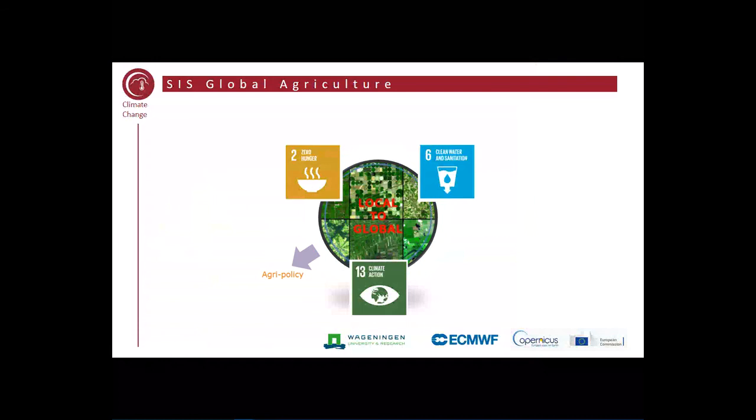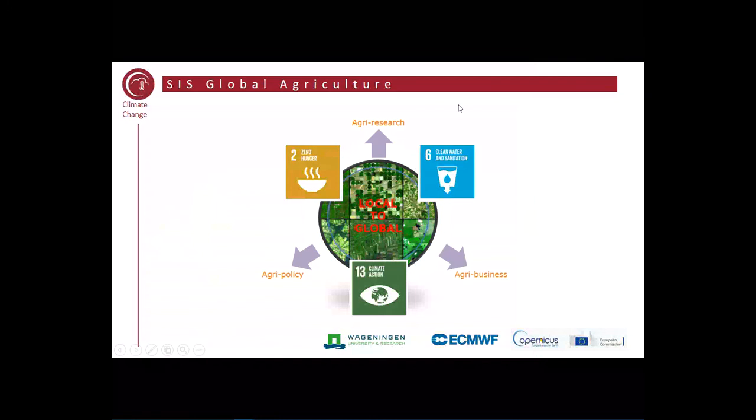So within the most recent project where we developed these services, which made it to a more operational level, we worked together with a couple of what we called user champions. One from Agri Policy, in this case it was JRC in Italy, working very much for the European Commission. The second one was Agri Research, so agronomists, in this case represented by the CGIAR Institute CIMMYT, which is responsible for wheat and maize breeding, especially in tropical countries.